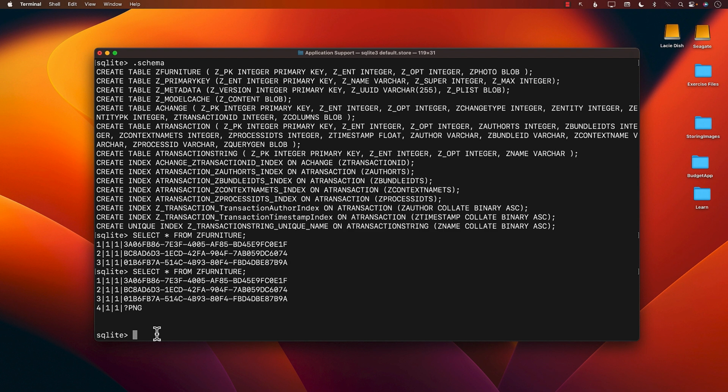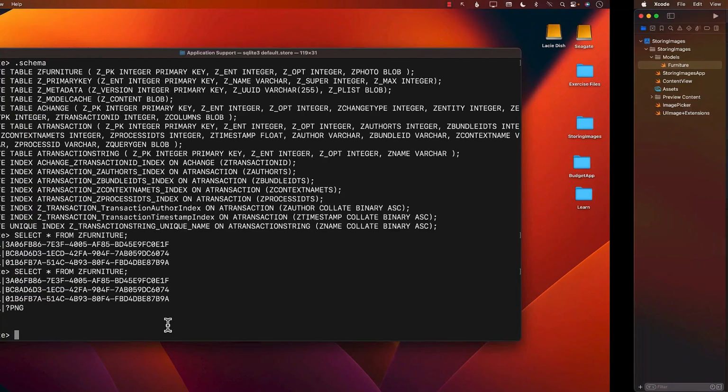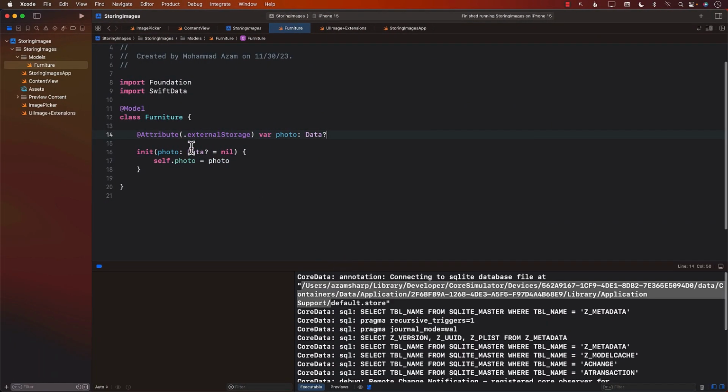And it's kind of cool to see what is going on behind the scenes. Now, if you're using CloudKit and syncing, all of this will automatically work, so you don't really have to worry about all of those things. But when you are working on the application, it is usually a good idea from a performance perspective to use external storage so that if the images or data are bigger,